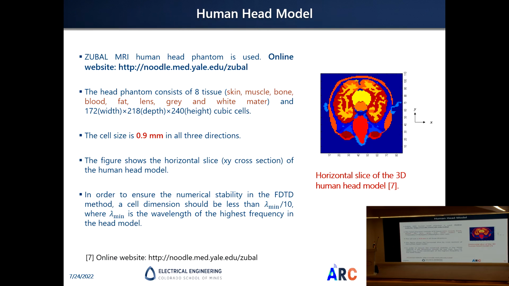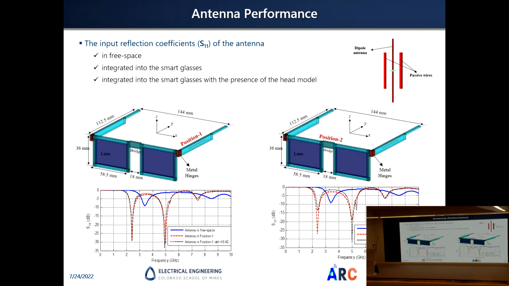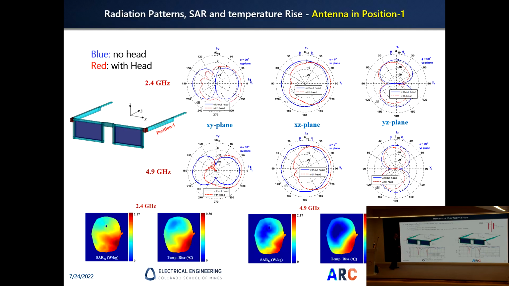We use this head with 0.9 millimeter resolution. And these are the 2 scenarios. One time we put the antenna here in the bridge area, and another time we put the antenna on the side arm. And you can see the S11 parameter. For the 2 configurations, we are operating at 2.4 and 4.9, or close to 5 gigahertz. And you can see in these figures